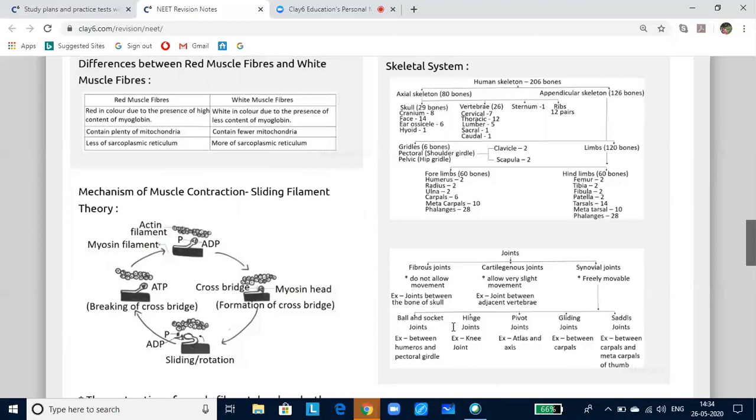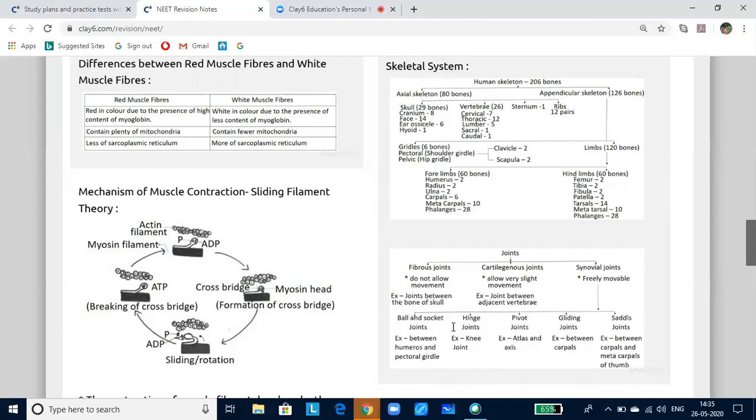Now, repeated activation of muscles can lead to the accumulation of lactic acid due to anaerobic breakdown of glycogen in them, causing fatigue. Muscles contain a red colored pigment called myoglobin. The myoglobin content is high in some muscles, which gives a reddish appearance known as red fibers, and they are also called aerobic muscles. Some of the muscles possess very little myoglobin, hence they are pale or white in appearance, and these are called white fibers. They depend on the anaerobic process of respiration. So you can see the differences being tabulated between red muscle fibers and white muscle fibers also.